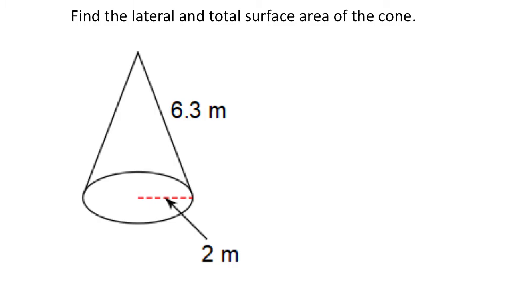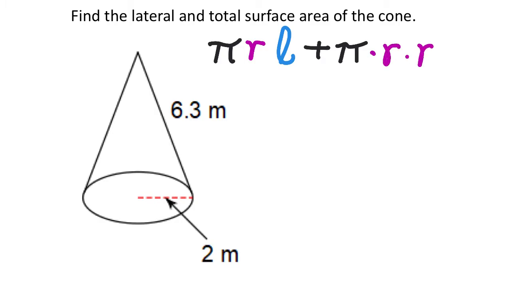So let's look at the formula once again, right? We got pi times the radius times the slant height. And again, that would be the lateral area. The full formula, though, would add pi, and then times the radius times the radius. Okay? So this time, I'm going to do it in order because I actually read it this time,